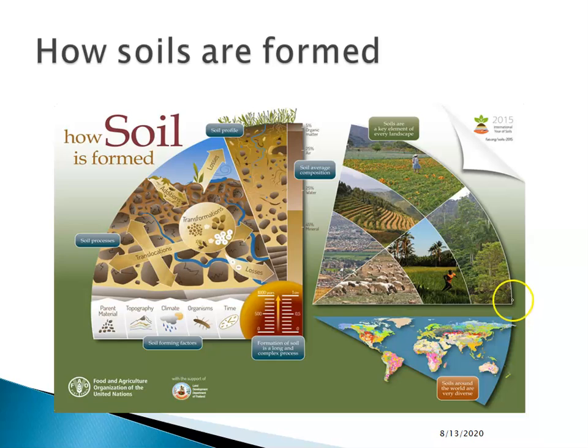You can see this is a beautiful diagram picture that has been taken from the Food and Agriculture Organization of the United Nations. Soil process, how the translocations, transformations, losses, soil profile, soil average composition, all the characteristics are taking place. The organisms, climate, topography, all the things and the time are influencing the formation of